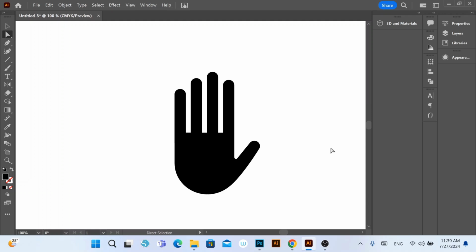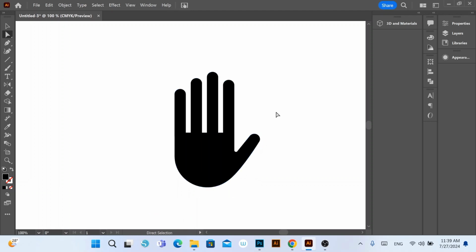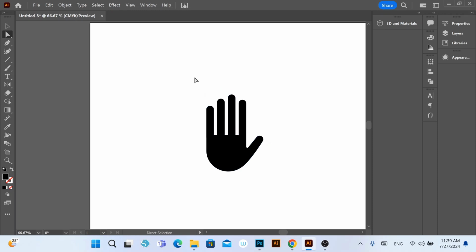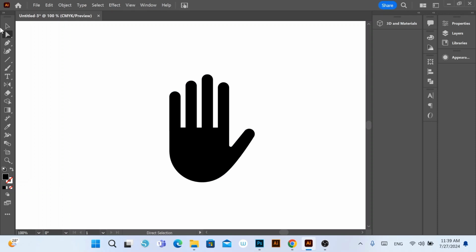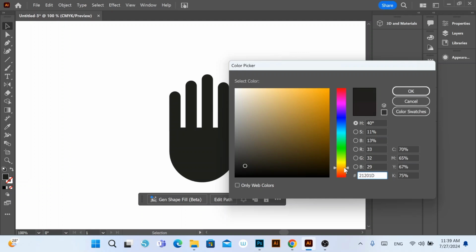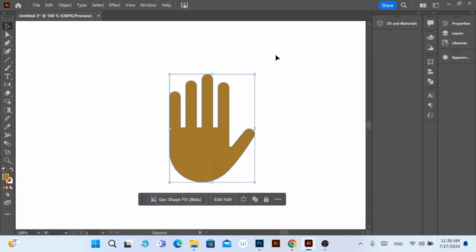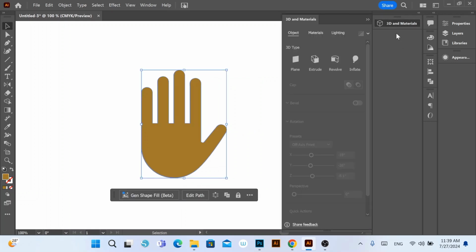So here we have a hand icon. So this I could have done with the old version of Illustrator, but what's new? Let's find out. I'm adjusting a few little things before we go on, like the length of the fingers, which I'm going to make a little bit shorter. And here is our final hand icon. So I'm going to select it, change the color to a yellowish beige. Okay. And now I'm going to go to the 3D and material features of this new version of Illustrator for